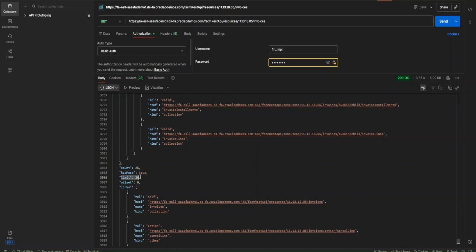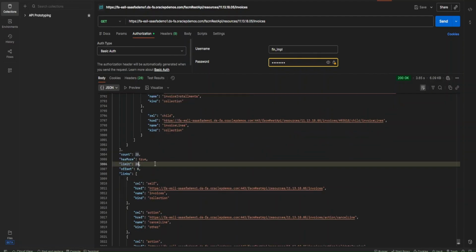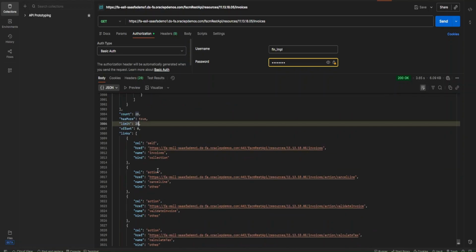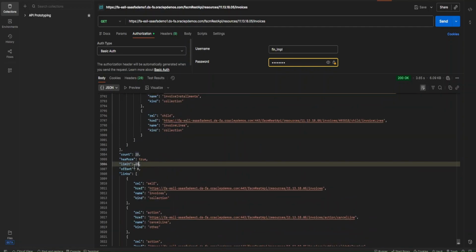The limit is 25, which means the limit to search for one time is 25. By default this is the limit provided. You can change the limit by providing it as a parameter. You can provide limit equal to 50, 100, whatever you want. If you want to retrieve more information, you can increase the limit value. And if you want to see the next set of 25 records after the first 25,